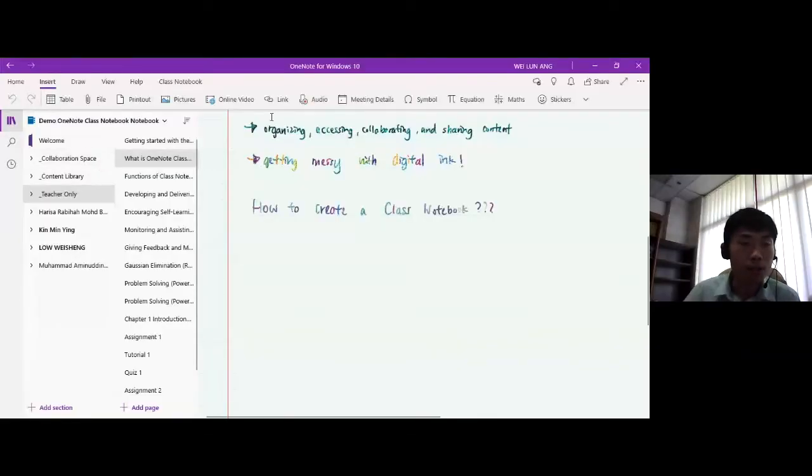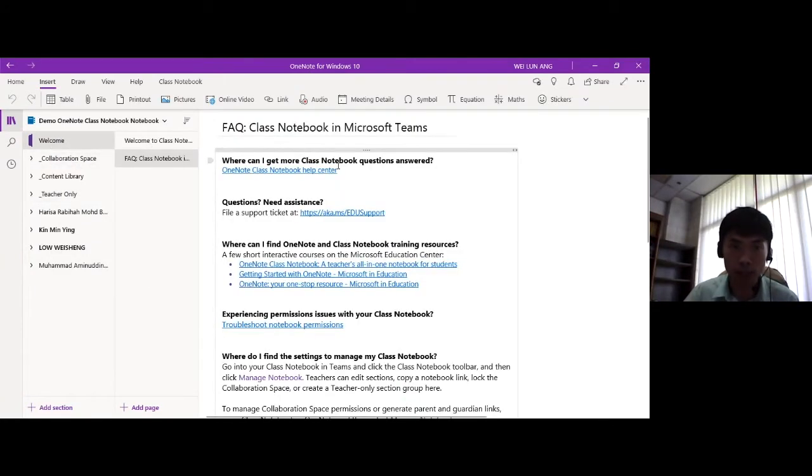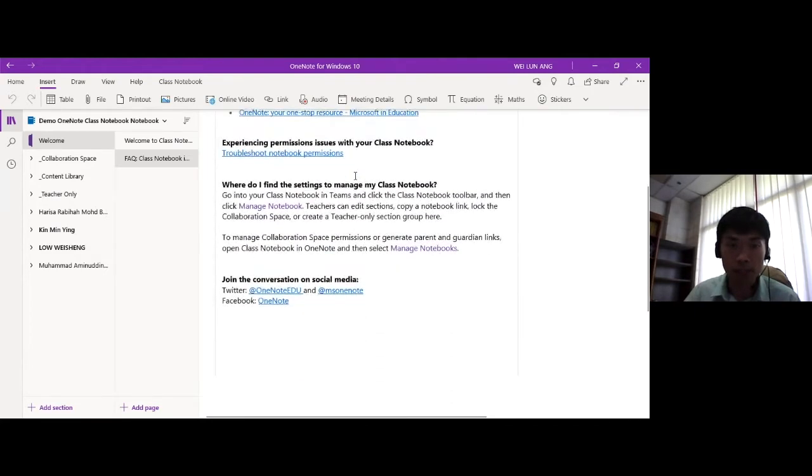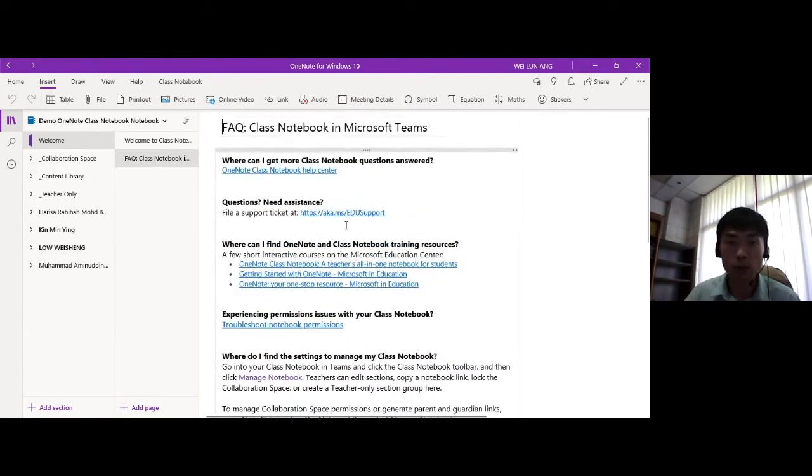Once you enter OneNote for Windows 10, the first thing you are going to have is a welcome section automatically. This is the default page given by Microsoft OneNote. Here you can get the link for any questions and any problems that you encounter in OneNote.